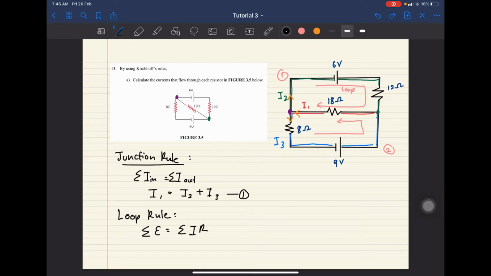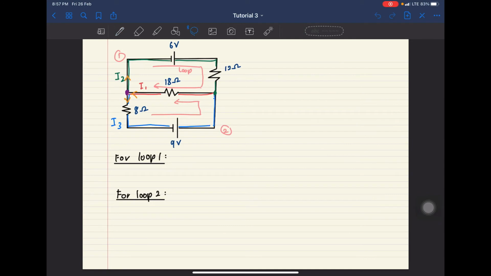Okay, I think I might have to bring this one to the other page. Okay, so to use the loop law, you can start from the positive terminal. So we want to start from the loop 1 first. So we start from here, and we follow this direction. Okay, so the EMF is positive because it's coming out from the positive terminal. So that one's positive 6, and then equal to,